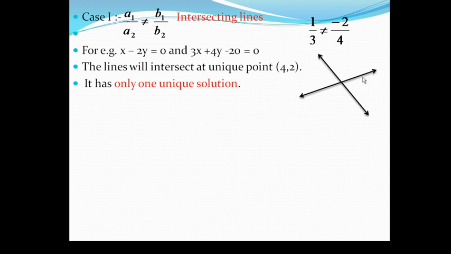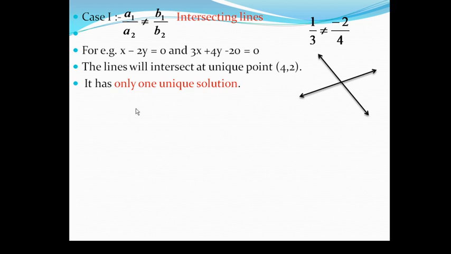See, it is clear that we will receive two lines, as it is a pair of linear equations. So the three conditions are there. Either the lines will be intersecting, or they may be coincident, or they may be parallel. Let me make it clear, students, that the solution of the equation lies where both these lines meet. Since the lines intersect at one point, this point will be the solution. If two equations are given to you and you are asked to solve graphically, you have to plot the graph, and the point where both these lines intersect each other will be the solution. I hope I have cleared your point.